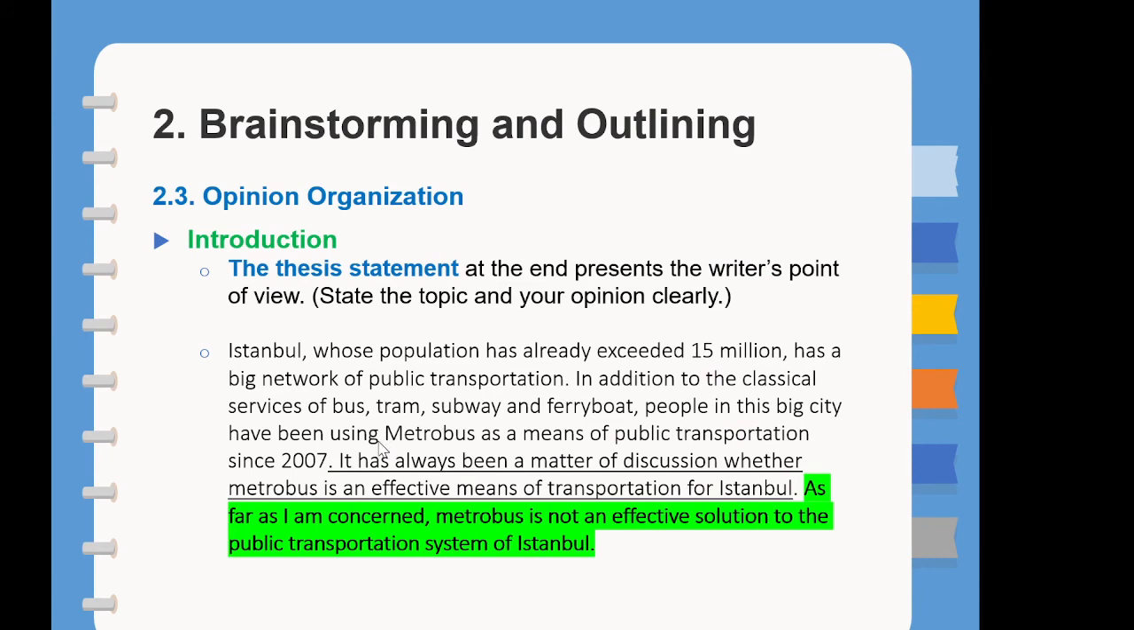Okay, let's see here. It has always been a matter of discussion whether Metrobus is an effective means of transportation for Istanbul. You can restate this. Some people support that Metrobus is an effective means of transportation for Istanbul, for example. And then in the counter argument, or the opposing opinion, you can restate this sentence. You can include this sentence, and then